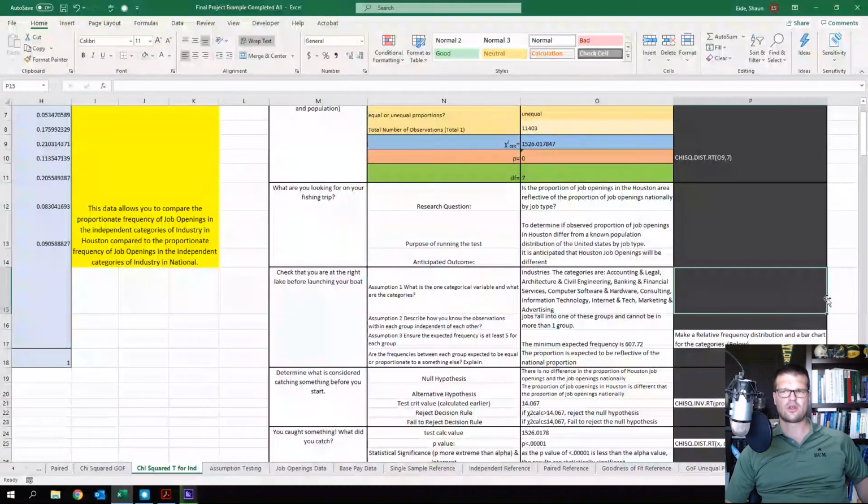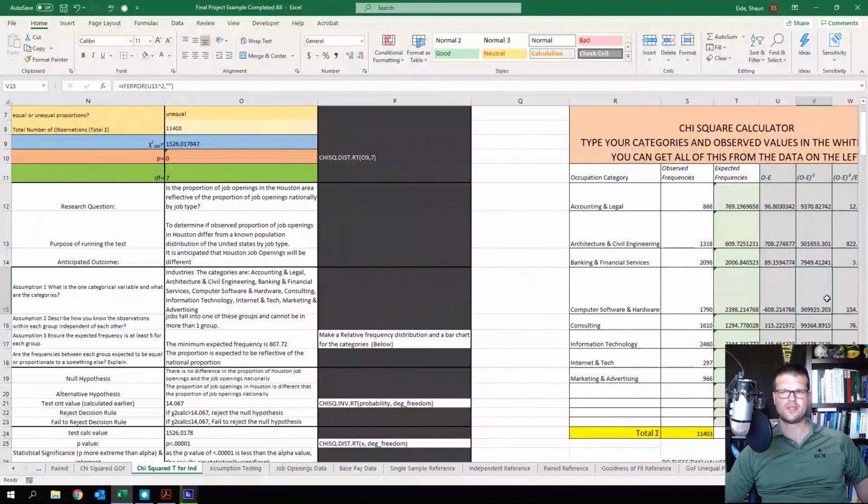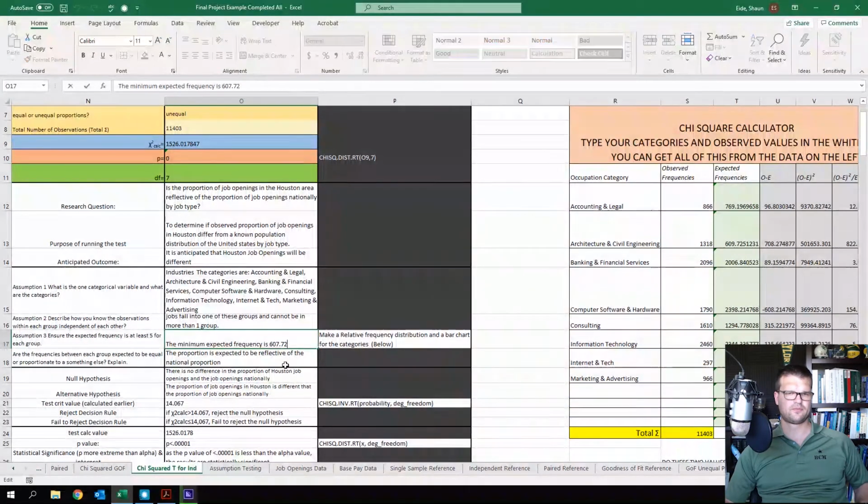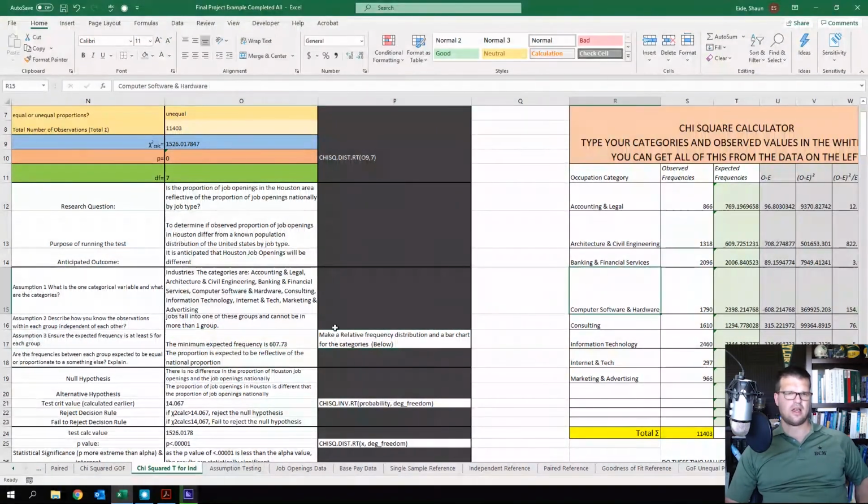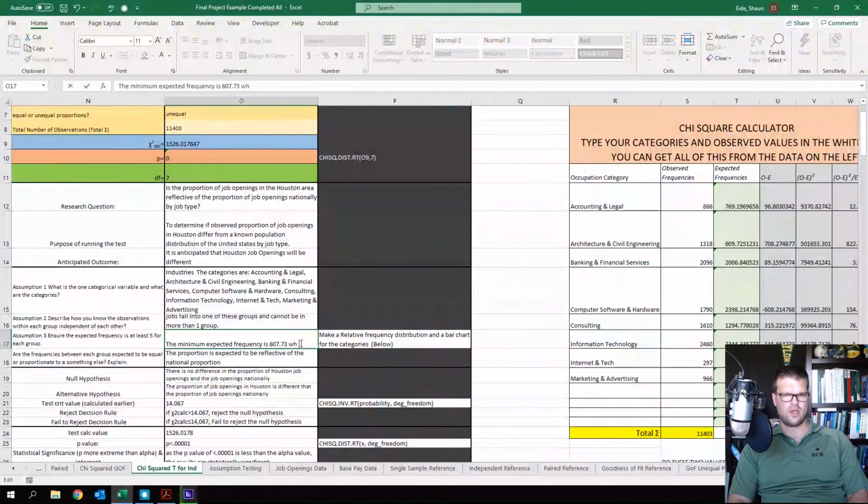When we look over here at the expected frequency categories, you'll notice the smallest one is expected to be 609.75. So the minimum expected is 607.725 or 73, which is above the minimum